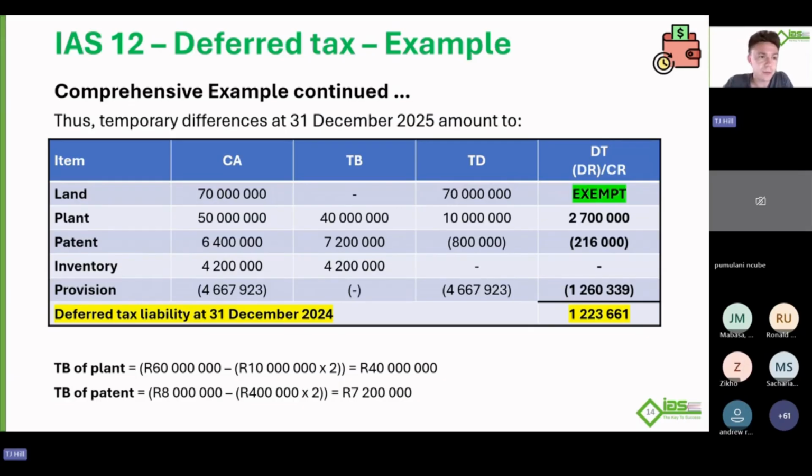Land is the one that would have been yes, it is exempt. For the rest, it would not have been exempt. Okay, I just used about 3 examples to explain the exemption, but then I wanted us to do an overall, just think about how would we do the deferred tax calc, thinking about the exemption where it applies, which is in land in this case, but for the rest, let's just remember and remind ourselves about what